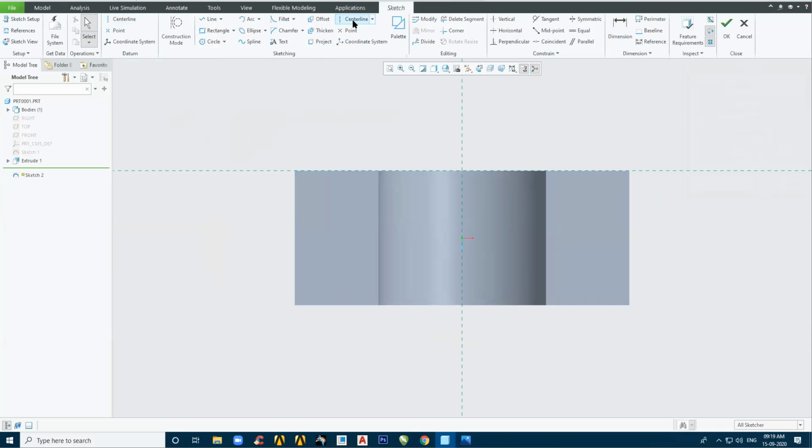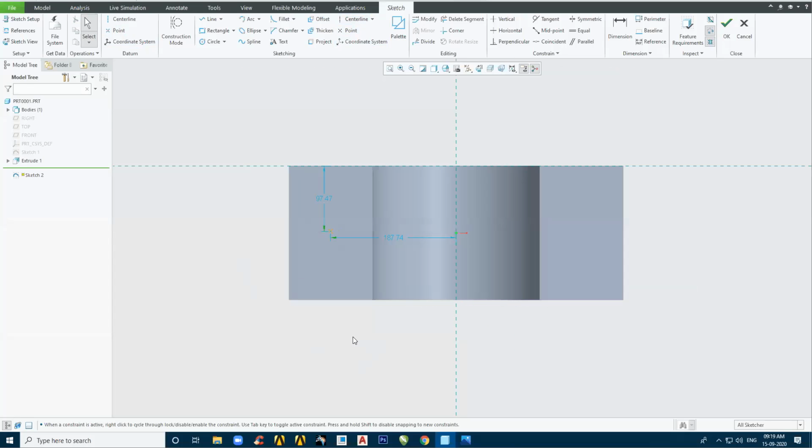And these guys over here, center line, point and coordinate system, these are sketch guys. See the difference? I am creating one point at this location. Let's say this point is at a distance of 90 from here and it's at a distance of 60 from here.